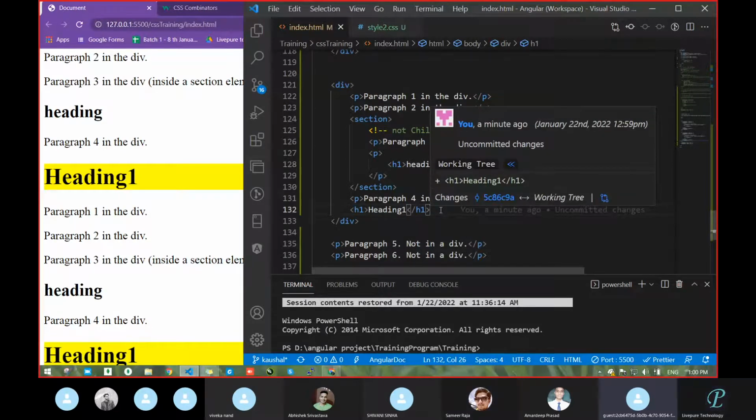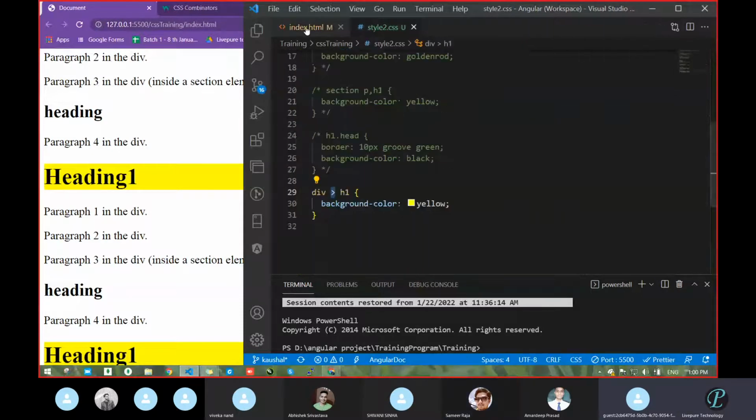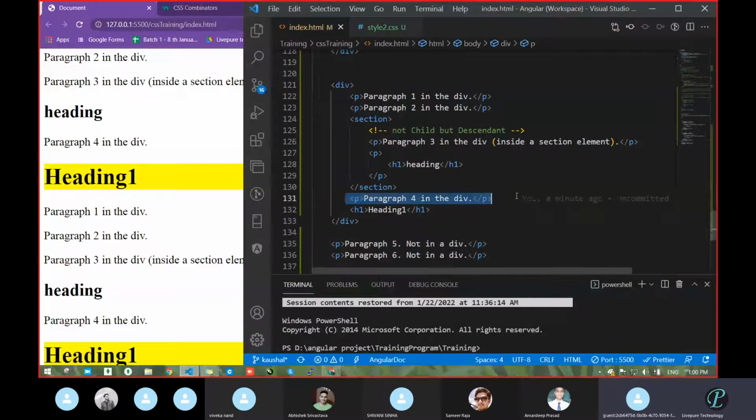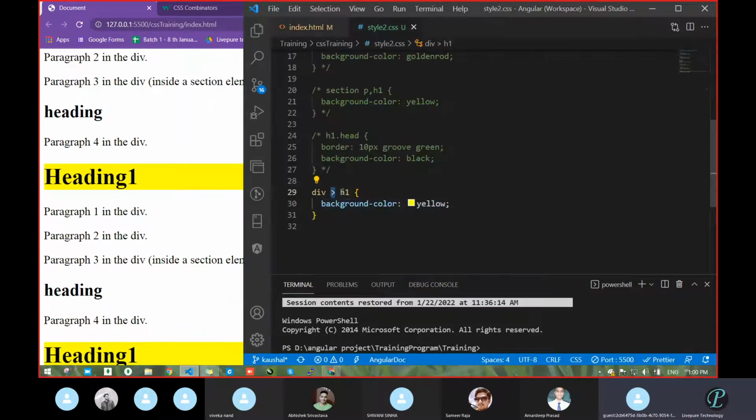I want the P tag and the H1 tag both to be affected at the same time. What are the possibilities you can identify? If we are writing anything in HTML itself, there are different possibilities.